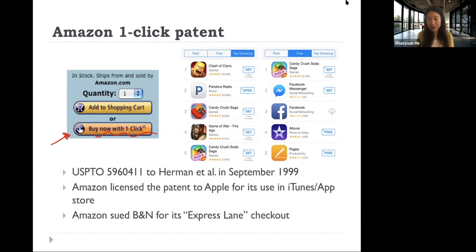And also, if you have used either iPad or iPhone, in your Apple store, you probably see something like this. And this icon, the shape of this icon, as you can see, is not really square. It is kind of round in the 4 angles. So this shape is patented by Apple as well. So firms do try to patent everything. So that is about patent.